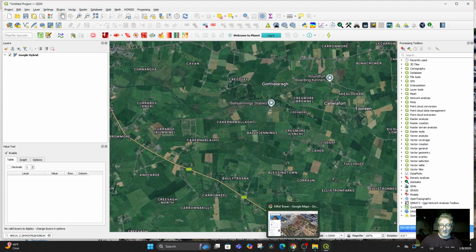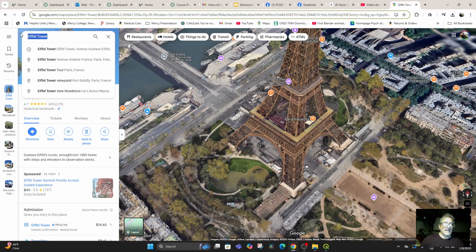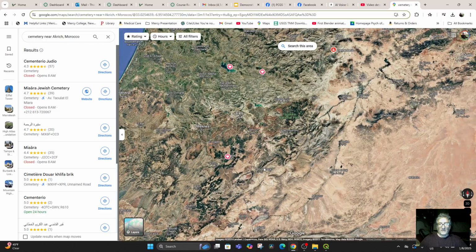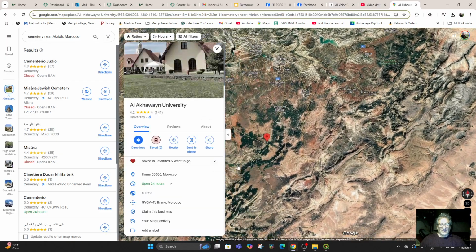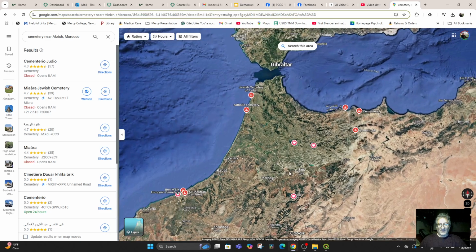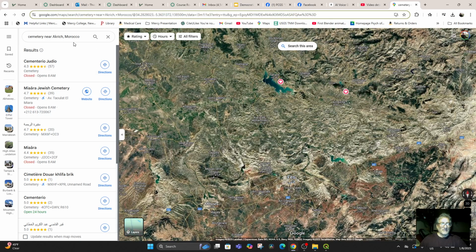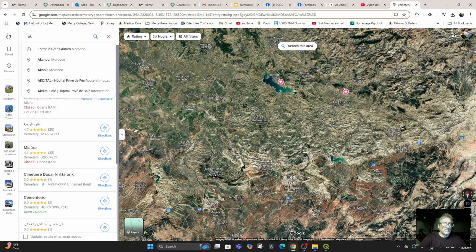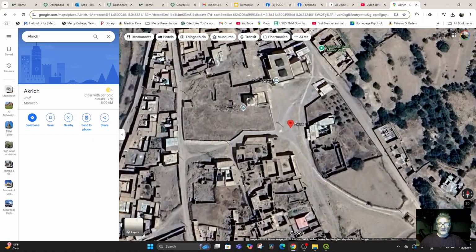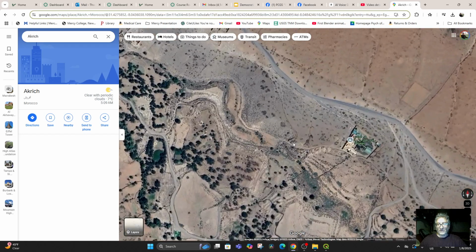So another example might be that if I'm looking at the Akrish Cemetery, and I wasn't at all zoomed in there, but I do have it saved. No, that's also on university, so where do I have my cemetery? I think I need to put Akrish in here. There we go. So if I want to find Akrish and then I want to find the cemetery where the